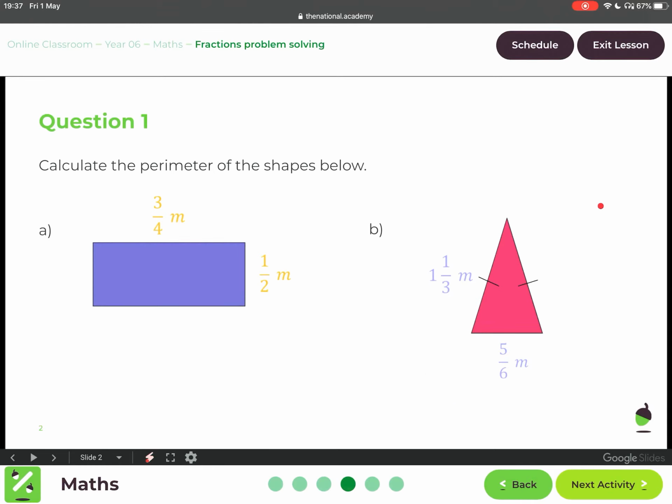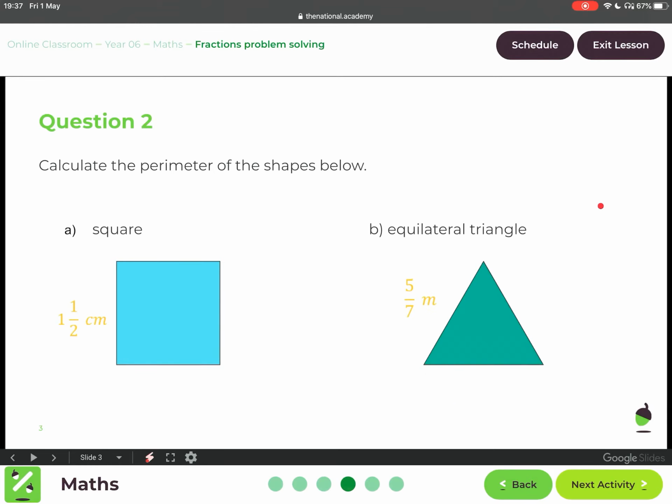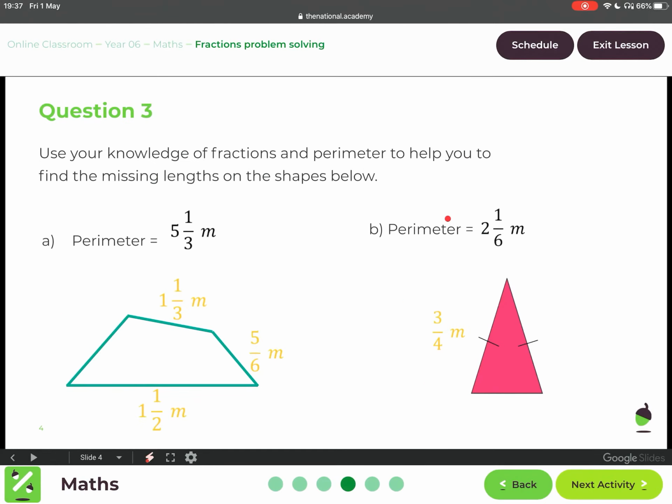B would be 3.5. Question 2. Calculate the perimeter of the shapes below. A would be 6 and B would be 2 1/7. And question 3. Use your knowledge of fractions and perimeter to help you find the missing lengths on the shapes below. So A would be 1 4/6 and B would be